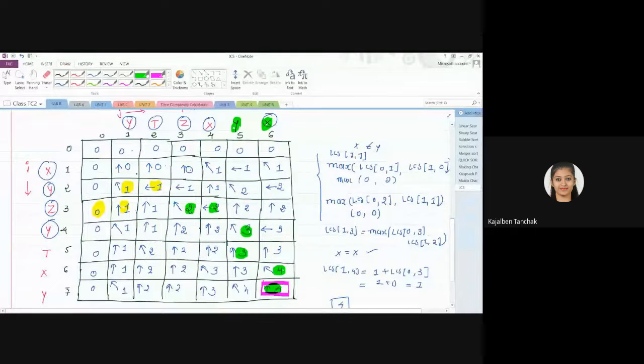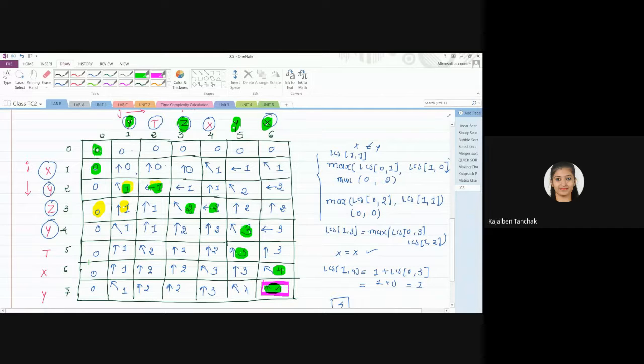So we will start with the last cell. We will follow the arrows. Whenever there is a cross arrow, it means you have to select that character. Here there is a cross, that means you will select this character. Okay, selected. Now the cross value is here. Again up, again cross. Now the side value. Again you have a cross, Z will be selected. Now side. Again cross, this value will be selected.